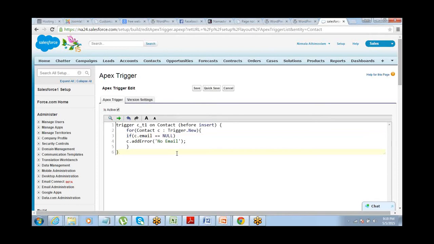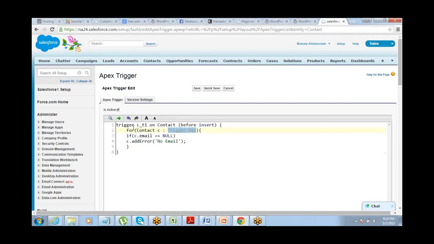So we just don't have to do anything. While you started writing, you thought that you will have to define this object and then do some sort of connection. But this context variable trigger.new makes our life so much easier.